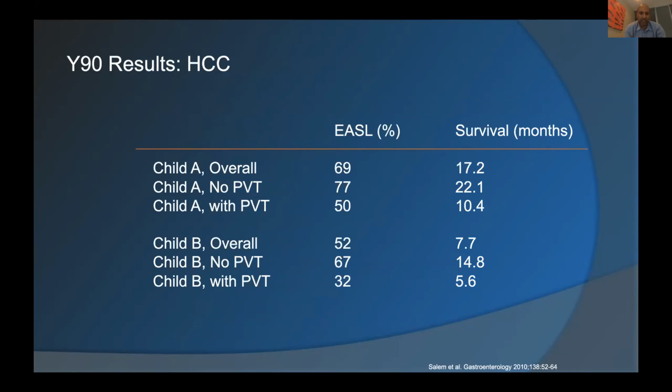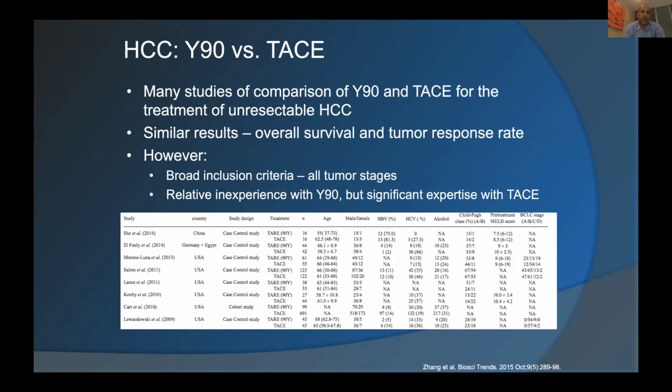And then when we look at a bunch of different comparative studies of Y90 versus TACE, anyone who goes to any IR conference in the last 5 years, there's always this debate of which one is better. When you look at the comparative studies or at meta-analyses, nothing really falls out. All of them show the same thing: similar results, with overall survival and response rates not that different. And so one would ask, if they're not that different, why are we using something that's more complex, more stressful, and potentially more expensive, or at least that's what people feel, when we've been doing TACE for the last 15 to 20 years?